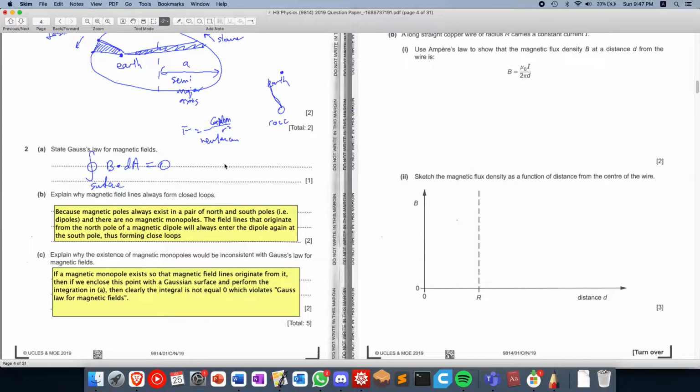So before I talk about that, this is something defined in vector calculus. If you want to find out further about it, this is vector calculus notation, and it's very important in physics. I'll talk about it more later. So because magnetic monopoles always exist in pair of north and south poles, and there are no magnetic monopoles, the field lines that originate from the north pole or magnetic dipole will always enter again at the south pole, thus forming closed loops. So you can read the answer by yourself also, it is basically because there are no magnetic monopoles, and hence